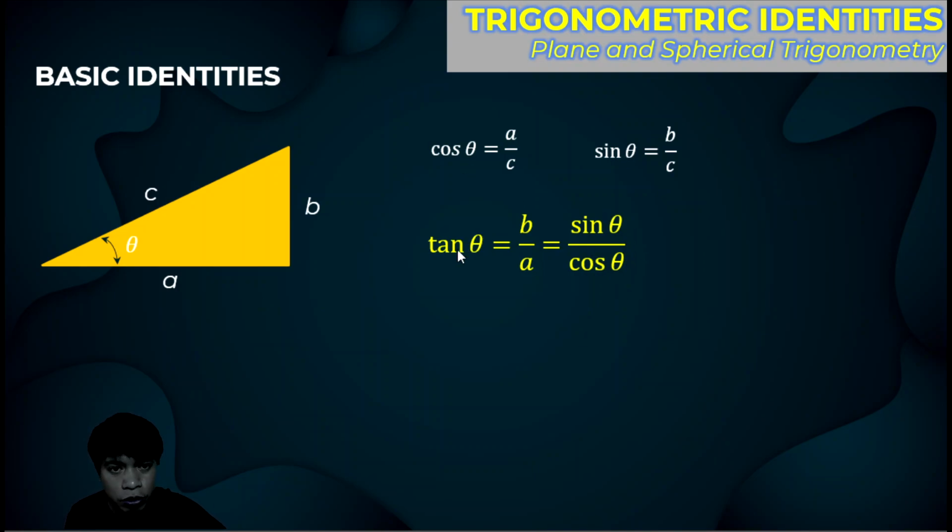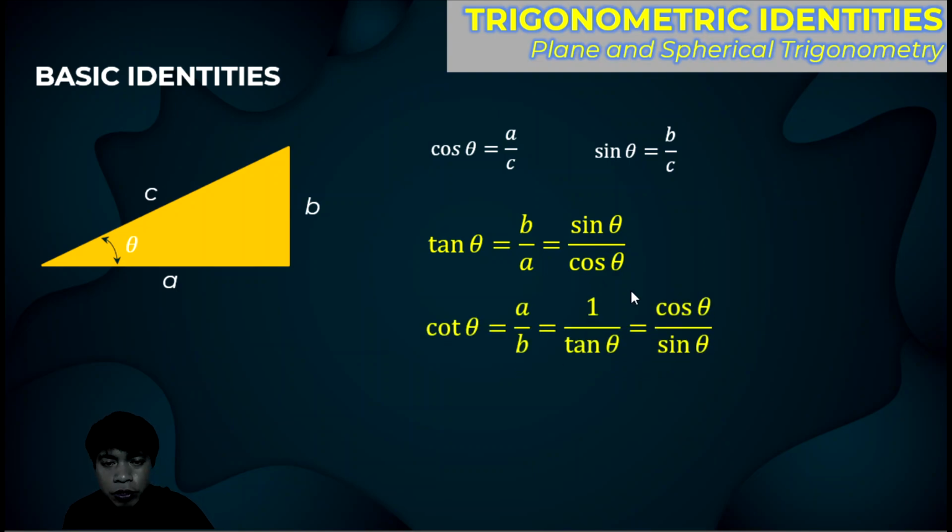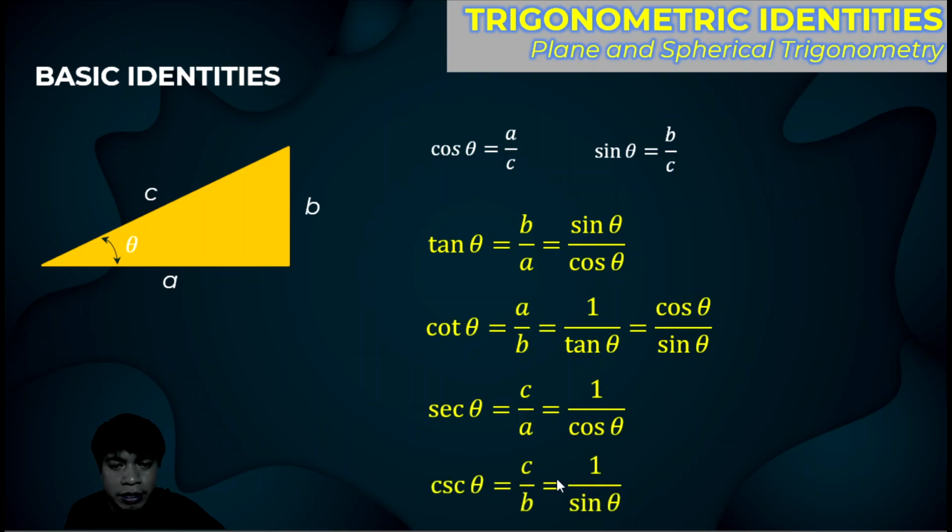So ito yung unang identity guys, that is tangent theta equals to sine theta over cosine theta. Tapos yung pangalawang identity is cotangent theta equals to 1 over tangent theta. That means yung cotangent is the reciprocal of tangent, and that is equal to, of course, reciprocal nga siya ng tangent. So babalikan lang din natin yung cosine theta over sine theta. So magiging cosine theta over sine theta. Reciprocal nito. Okay? So, yung secant theta is reciprocal ng cosine theta. So, kaya siya 1 over cosine theta. And yung cosecant theta is the reciprocal, of course, of the sine theta. So, ito yung mga unang apat